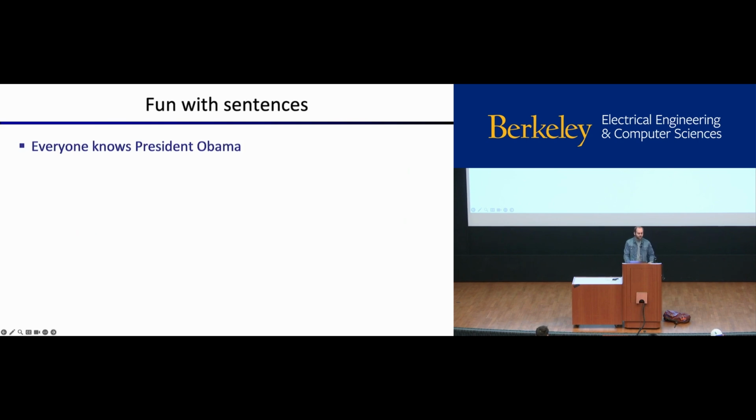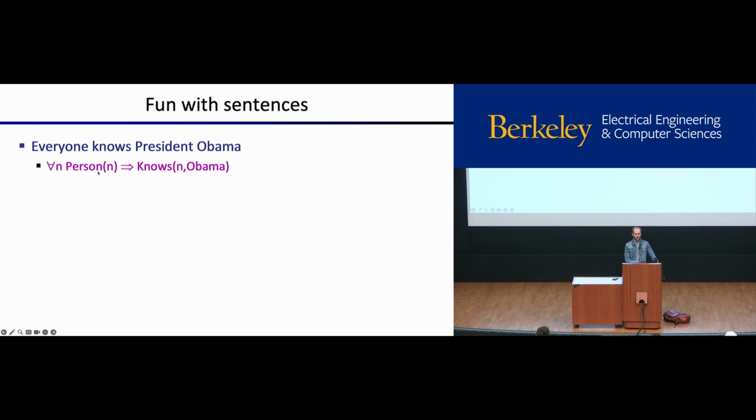Okay, here's fun with sentences. How can we convert these sentences into first order logic? Okay, here's a sentence. Everyone knows President Obama. Here it is in first order logic. For all n, if n is a person, that implies n knows Obama. So this is a, okay, is this